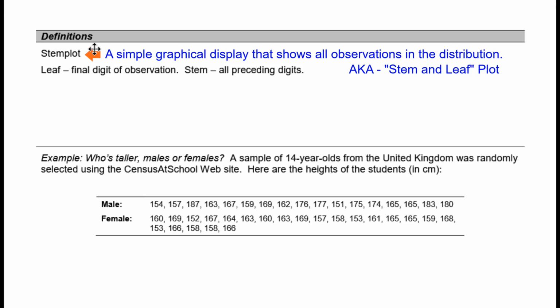A stemplot is a simple graphical display that shows all observations in the distribution. You may have used stem plots before, but called them stem and leaf plots. But now we're big boys and girls, so we don't use the term stem and leaf anymore. We call it what it is. It's a stem plot. Instead of going through the long definition of a stem plot, I'll just give you this general description, and then I thought maybe I would give you a quick example to illustrate the different parts of the